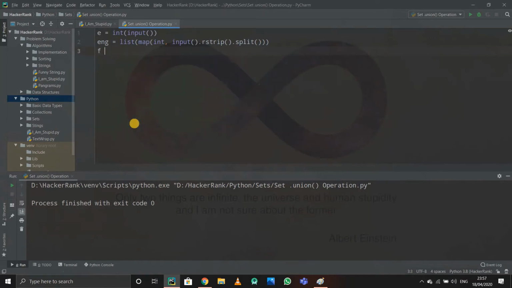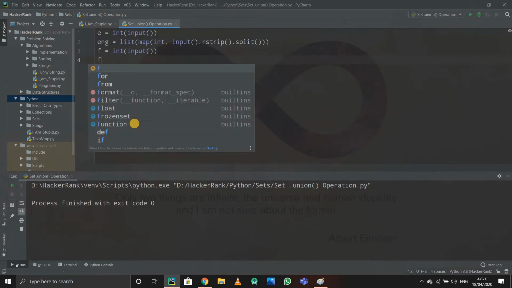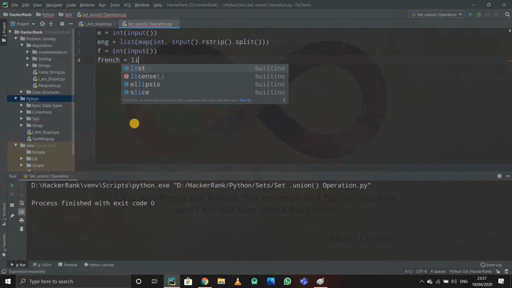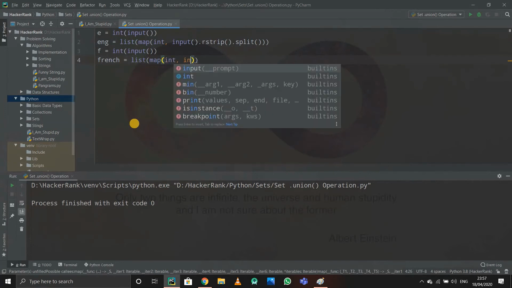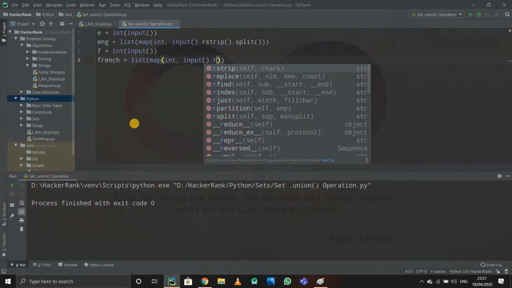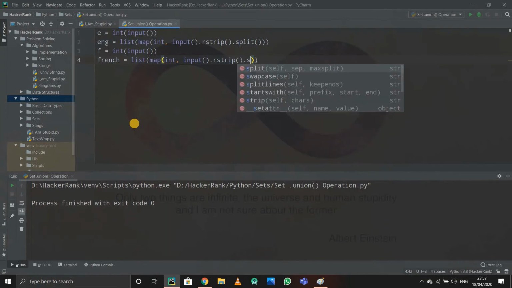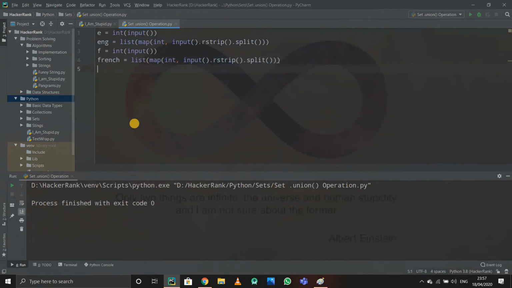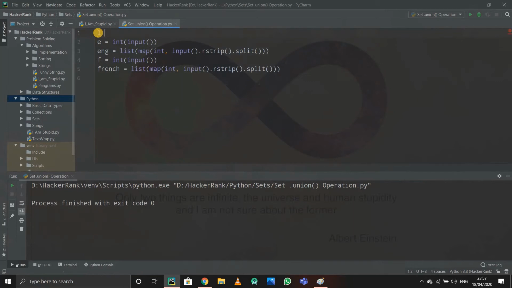Now French. So let us take it as F. These many students have subscribed to the French newspaper. Okay, and this is the French list. Okay, fine. So we have both the lists now. Now we have to append both these lists into a single list. So for that I'll start with an empty list. Let us name it L equals an empty list.